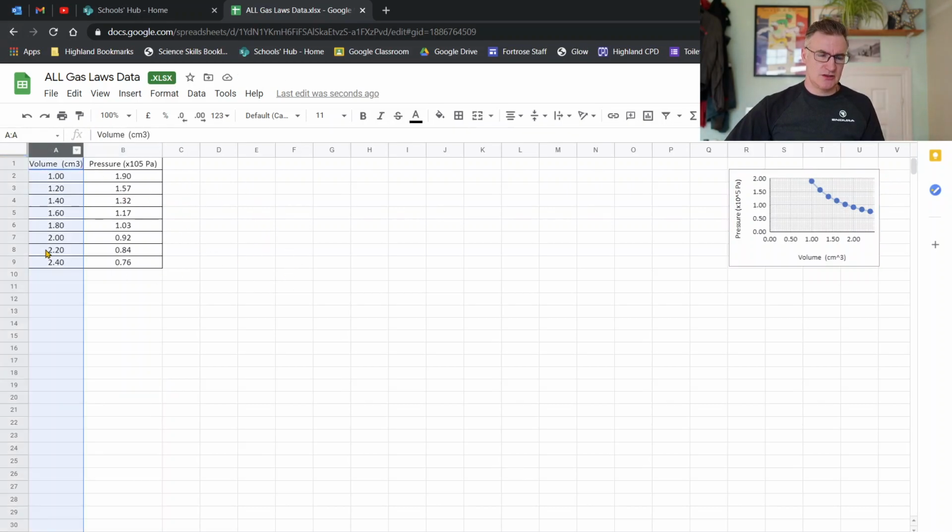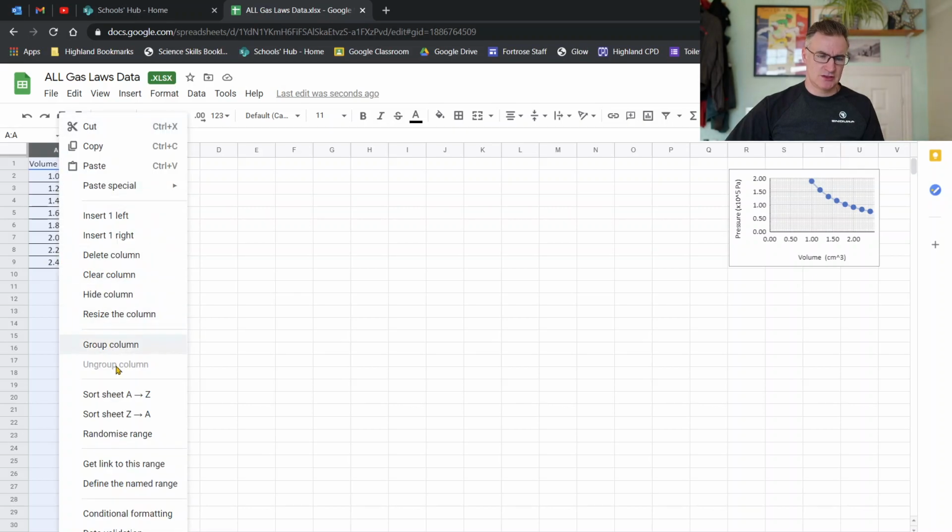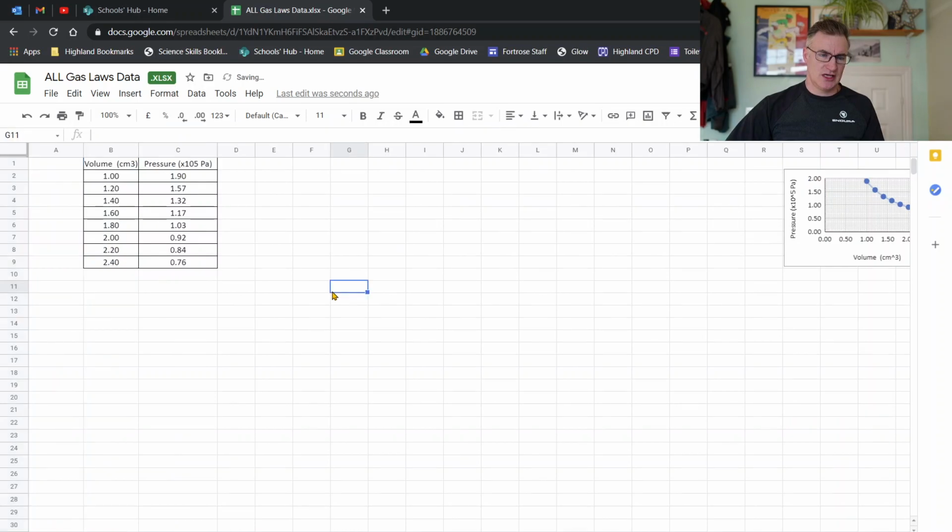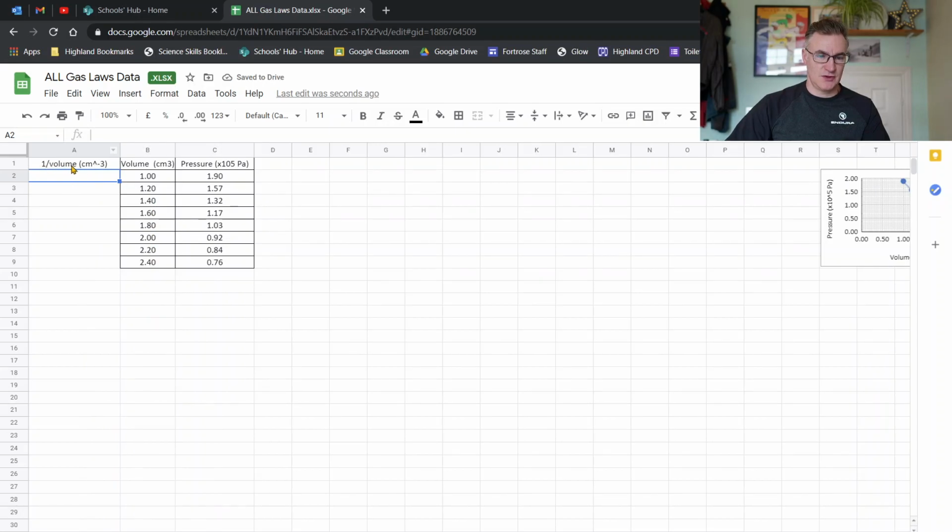First thing I'm going to do is get another volume column, so just right click on the top there and then insert one left. And then I'm going to have 1 over volume. I'm going to open my brackets. For 1 over volume, I could do 1 over centimeters cubed, or I could just use centimeters and then my subscript to the -3, and that is exactly the same as 1 over centimeters cubed. So there we go, I've got a label, I've got a unit,